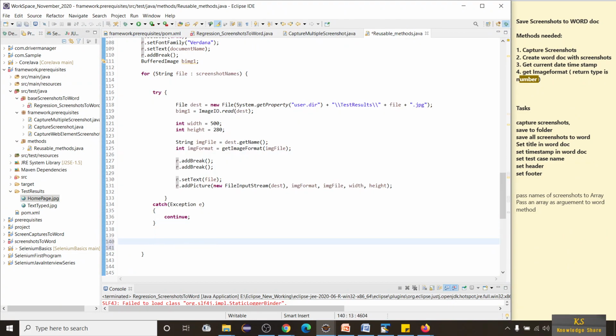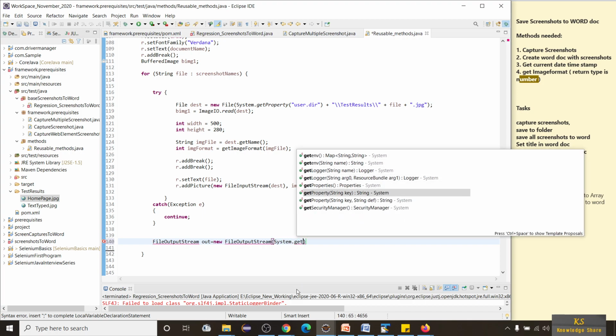Now once all this is written, we have to save our document, right? Generally, if you have experience in Excel reading or writing, we write file output stream, right? In the same way, I'm going to take file output stream out is equal to new file output stream of, and system dot get property of.